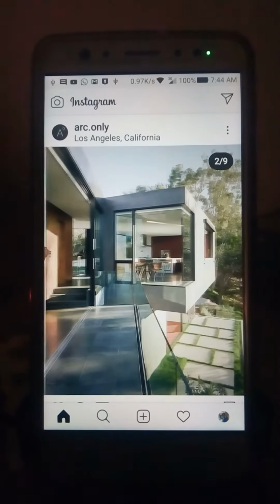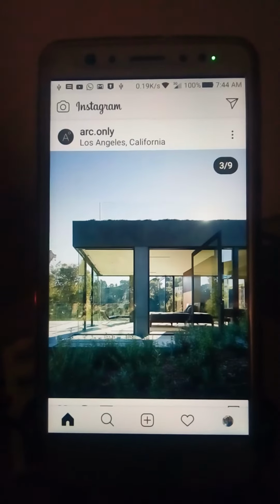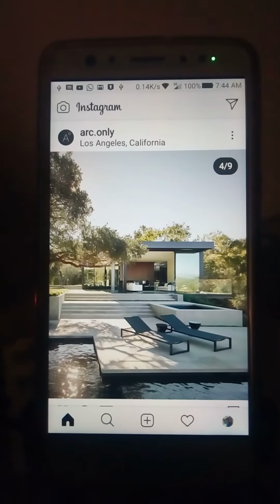Scroll back to the first image. This is the first image. From here, scroll to the right. Next image. Next image. Like that. It scrolls